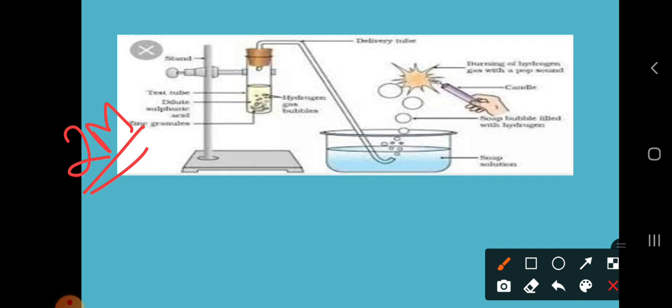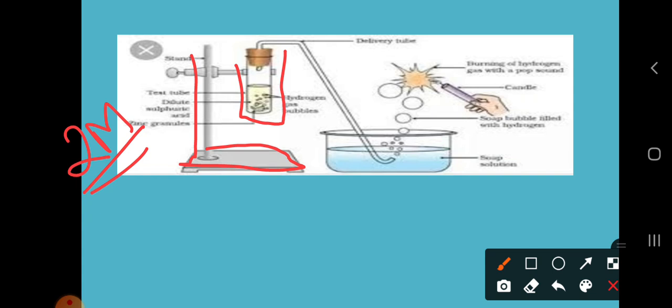Okay, so what are the things you have to draw here? Suppose dear students, this is our stand. This is our metal stand and this metal stand is connecting with the test tube. This is a glass test tube, and this glass tube is just half filled with the hydrochloric acid. So this yellow color substance you can observe here is nothing but the acid.